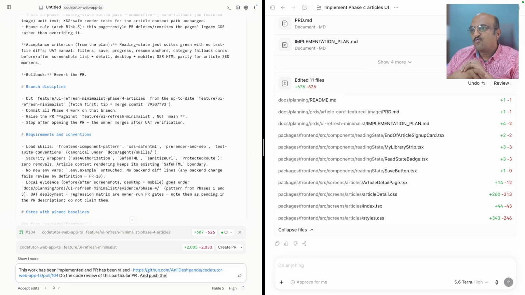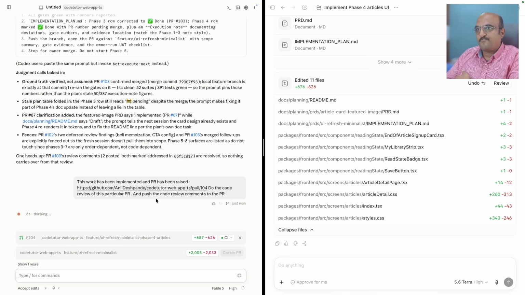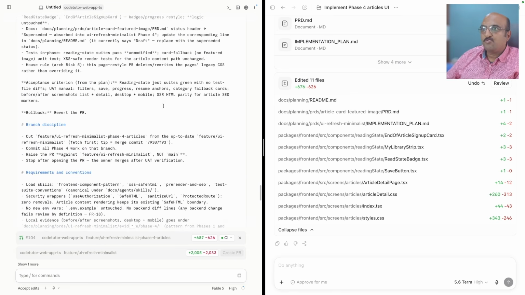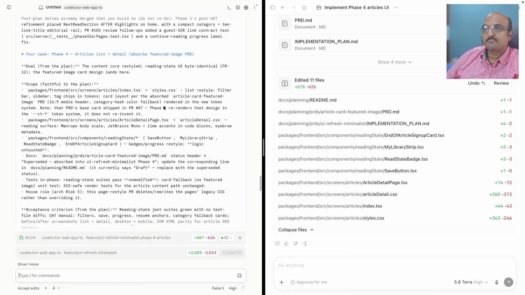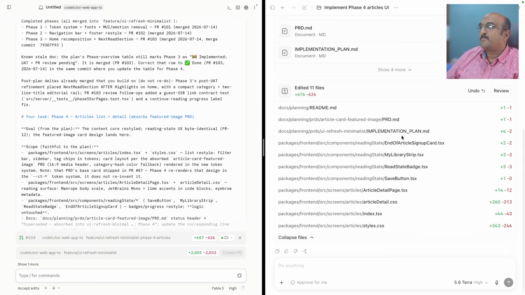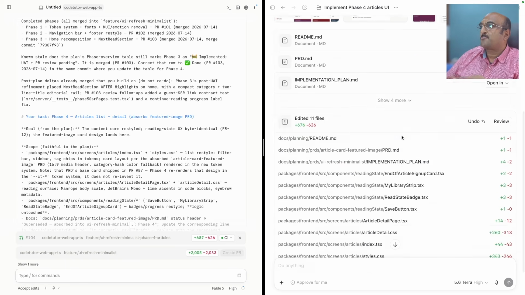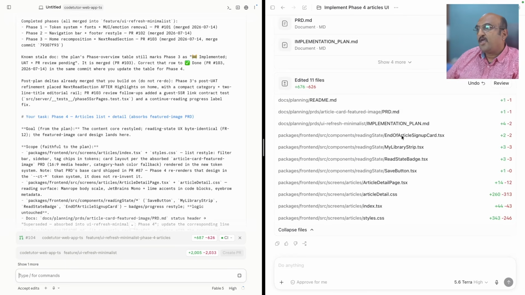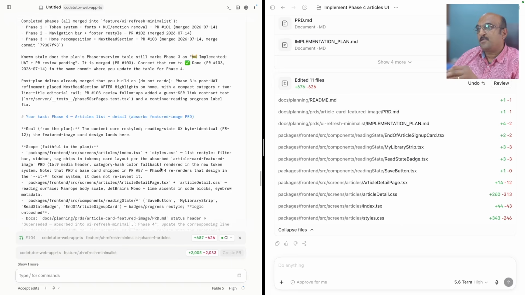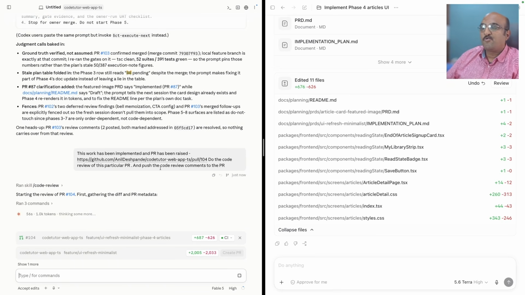And push the code review comments to the PR. So now it is doing the code review, and what it will do is review the code. It doesn't know the implementation part. In its context, it only knows what was supposed to be implemented, because it created this handoff prompt. It doesn't have the implementation details because those are in the context of Codex. So in a way, this Claude Code doesn't have any bias towards its own work, so it can be a little more critical in its review of the PR.